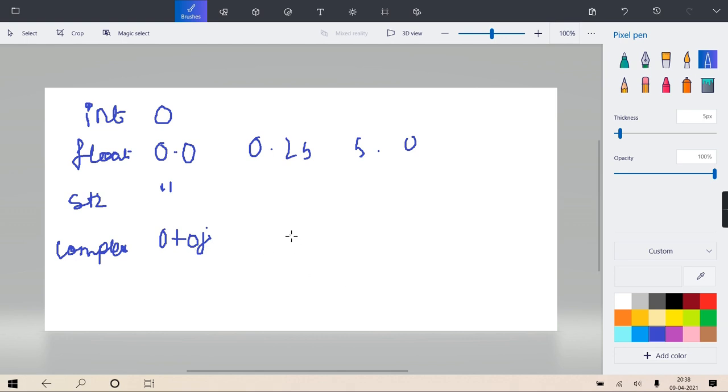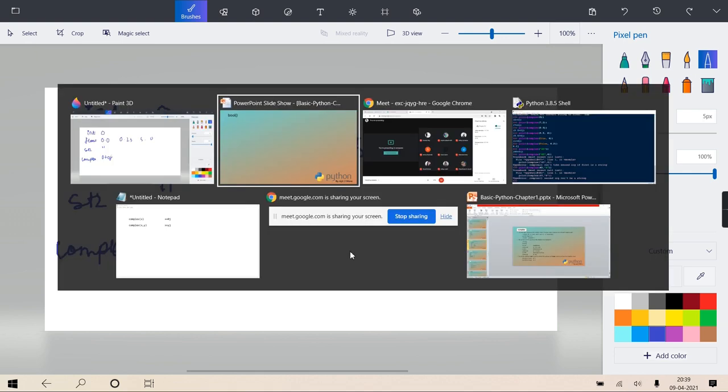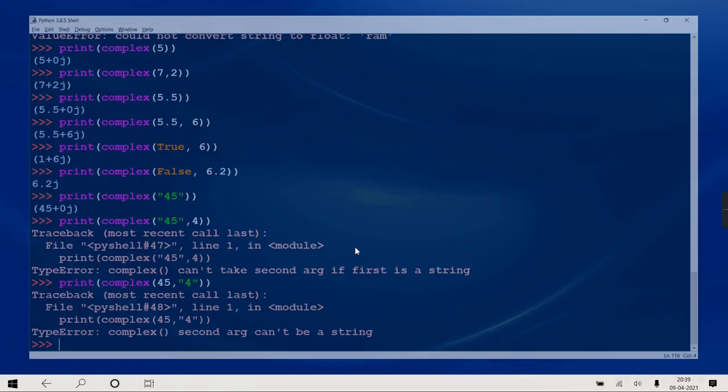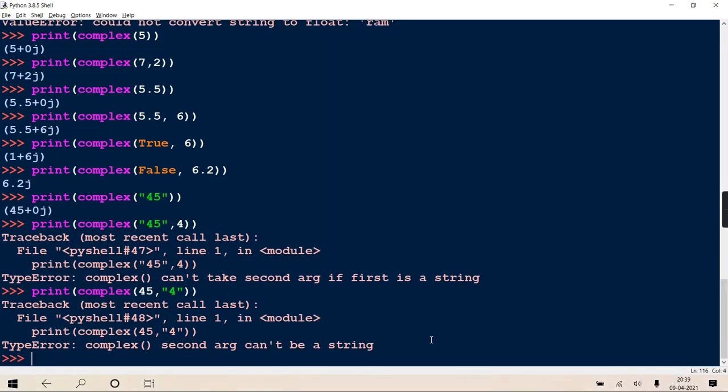In some languages the string containing 0 is also false. There are languages in which a string containing 0 is also false. Here not. Here if the string is containing 0, it is not an empty string, no? It is a string with length 1. Therefore it is treated as true only. Clear? So I hope the rule is clear. Just quickly we'll come to it.